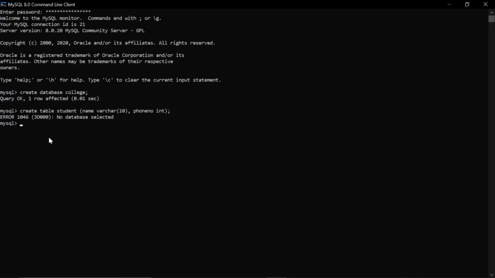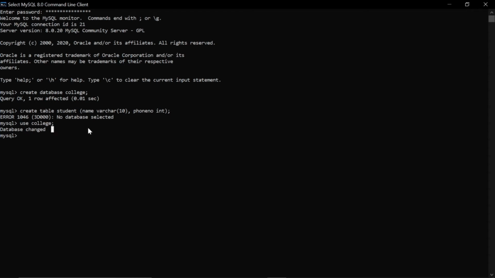So we give the code use and the name of the database, that is college. Whenever you are using this software, you have to first use this command, use the name of the database, and then do all your changes in it, so that it won't give you the error no database selected.